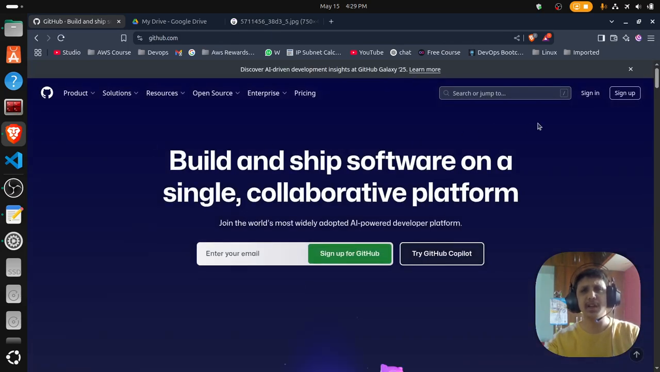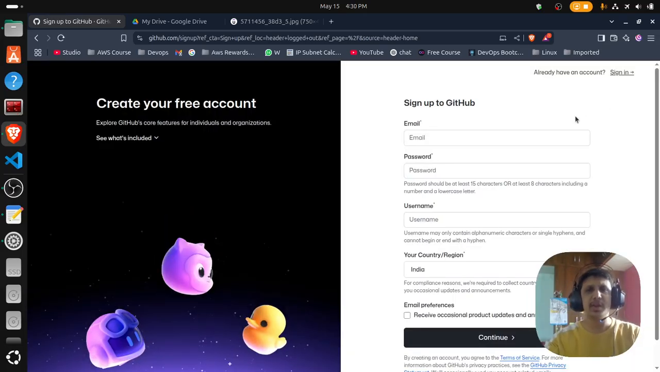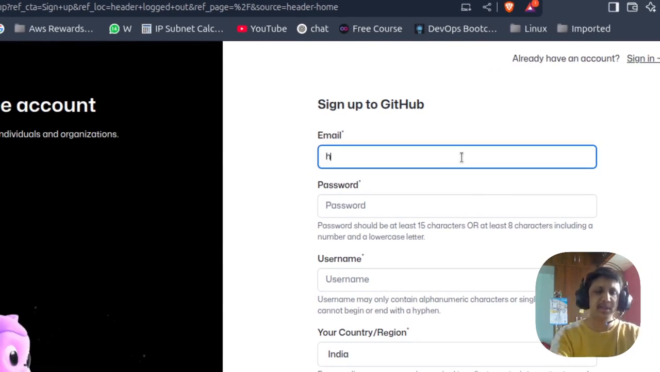Here you will see on the top right corner the sign up option. Click on this. You will get a nice interface website like this. On the right side you can see the email. I am entering my Gmail account,